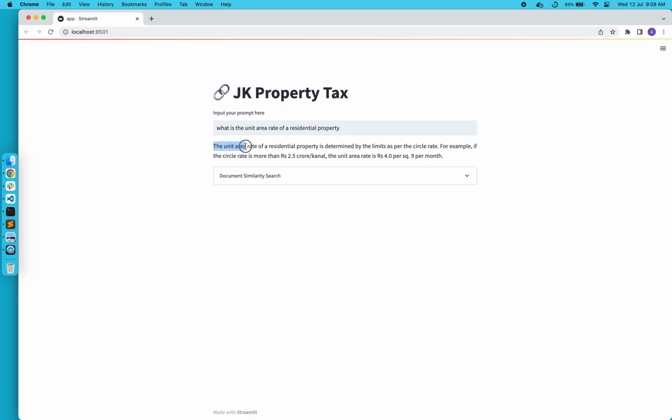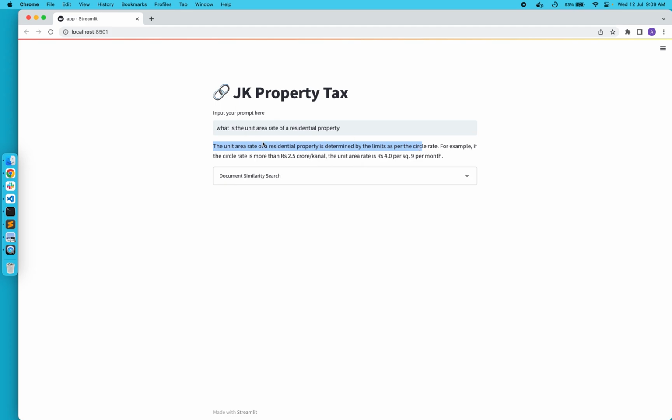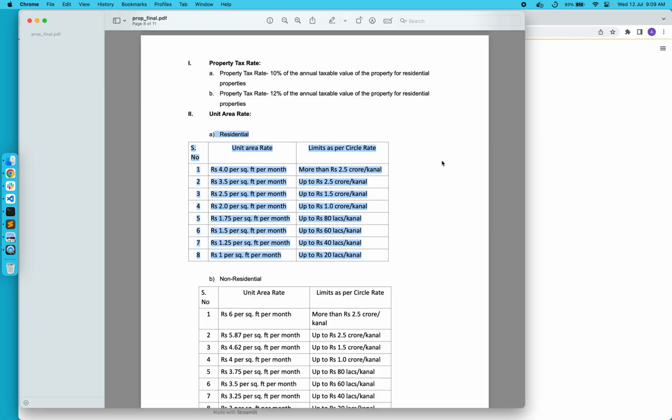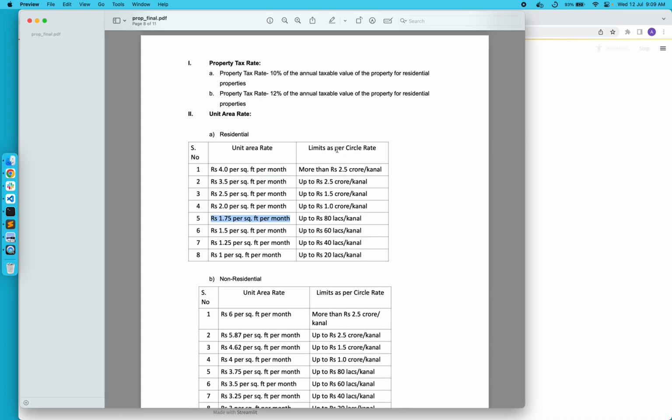Wow, it knows that the unit area rate for residential properties is determined by the limits as per the circle rate, right? We haven't told it, this document doesn't say it, it just infers it from this table. And for example, if the circle rate is more than this, the unit area rate is this much, right? So you can ask more specific questions on, like, what is the unit area rate of residential property if my